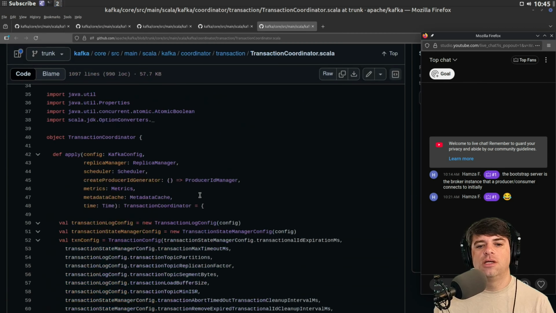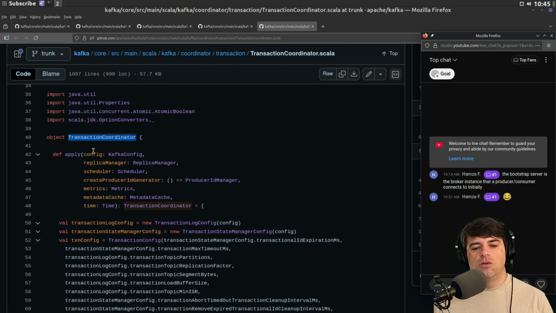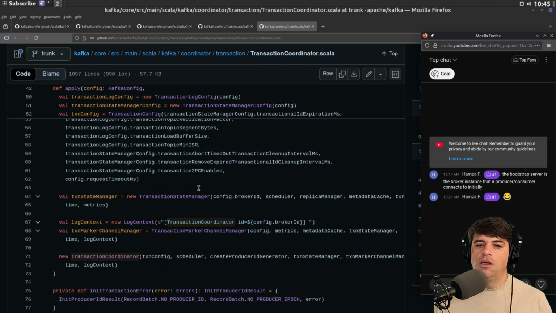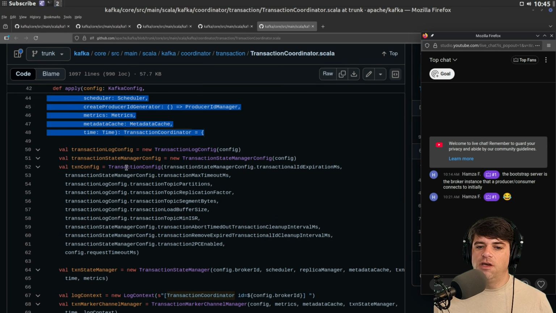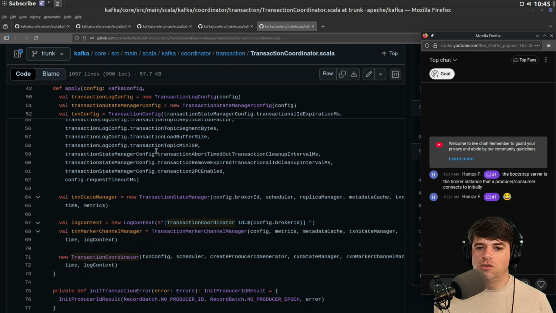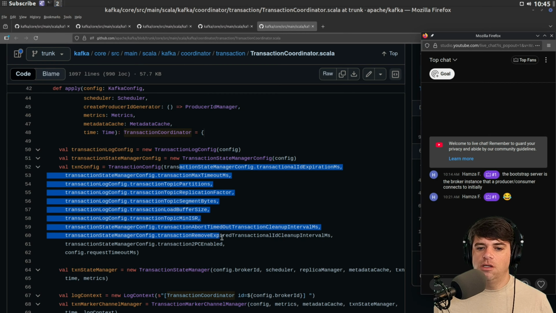Transaction coordinator is also not really where I want to be, but we can maybe look at this. So we have the transaction coordinator, which has an apply method, which takes a Kafka config, a replica manager, a scheduler, a create producer ID generator, some metrics, metadata cache, and time. And then we have this transaction config object, which is basically a struct with config.